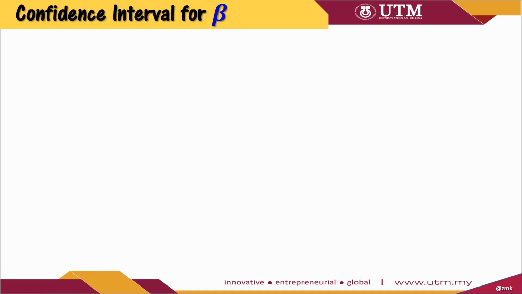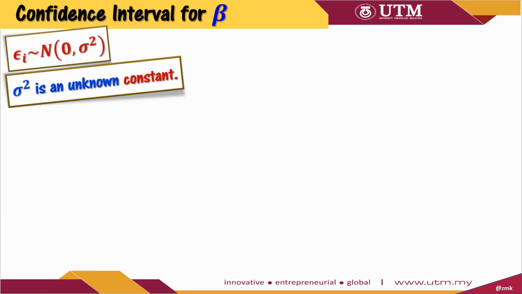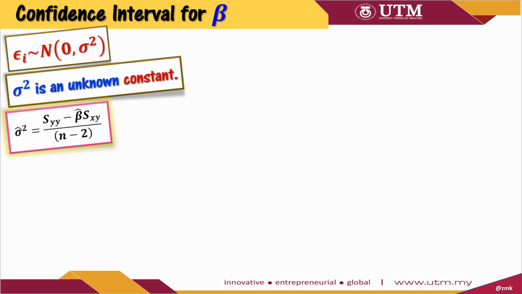Back to constructing a confidence interval for beta, recall the underlying assumption when we estimate beta by the least squares method. We assume that the errors are normally distributed with mean 0 and variance sigma squared, which is unknown and constant, where the error variance can be estimated as follows. The normality assumption of errors indicates that the response variable y, which is a linear function of the errors, will also follow a normal distribution but with mean response equal to alpha hat plus beta hat times x, which is